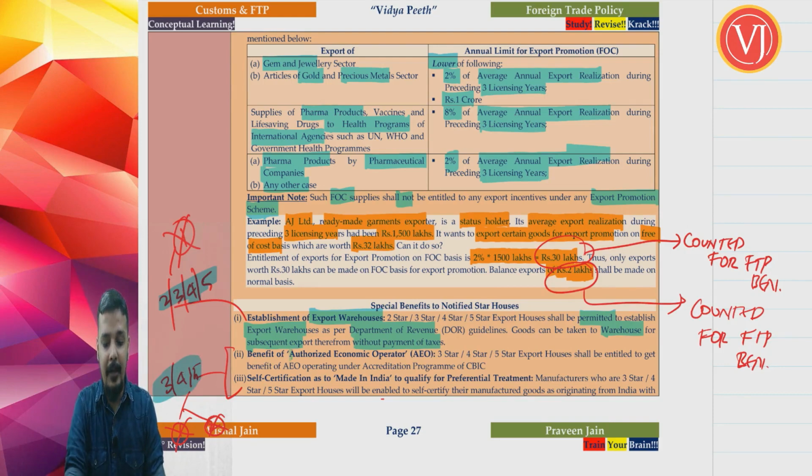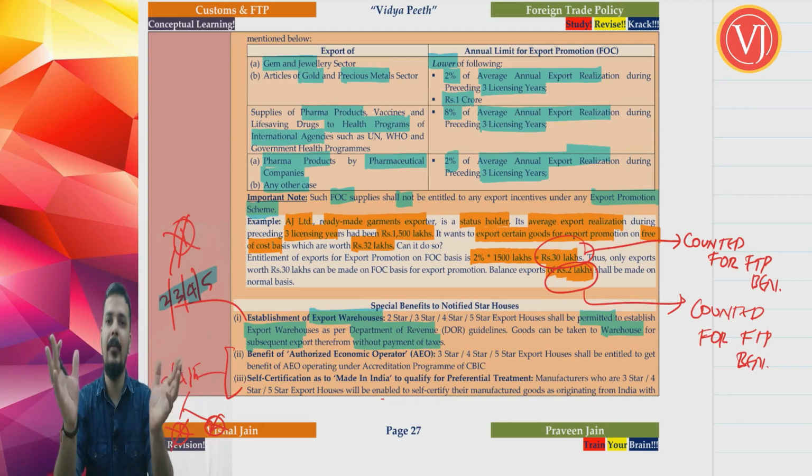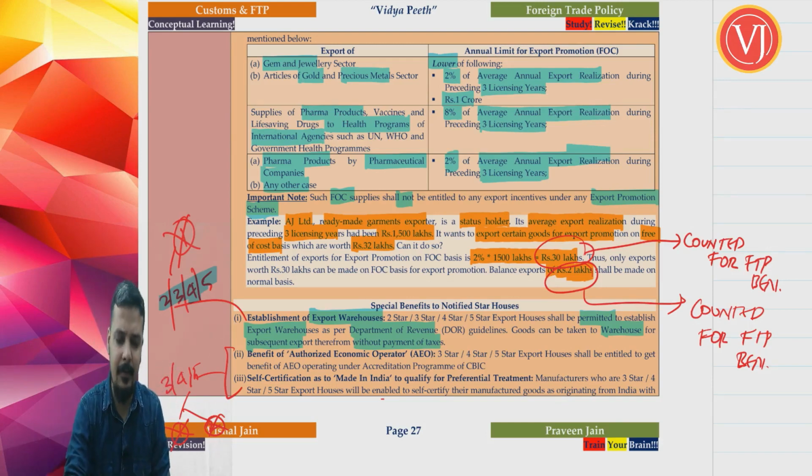categories. You can be an authorized economic operator. Friends, this we have discussed in your customs law. Authorized economic operator will give the benefit of deferred payment. They will not make the payment of import duty at the time of each bill of entry. Once in 15 days, they will be making the payment of import duty for all the bills of entry during that 15 days. And other benefits are also there. Right. Deferred payment of duty rules 2016 is applicable only for authorized economic operators.